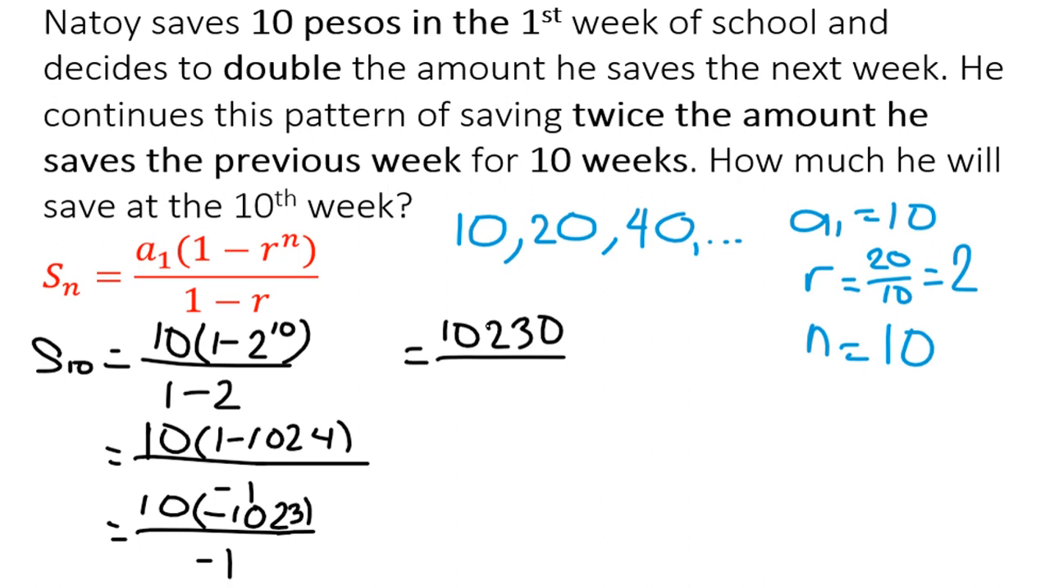At ano yung sign? Negative. And that is negative over negative 1. And negative 10,230 divided by 1, yan ay positive 10,230. So, ang maiipon ni Natoy ay